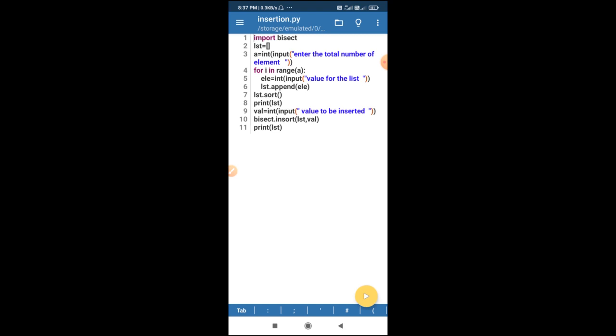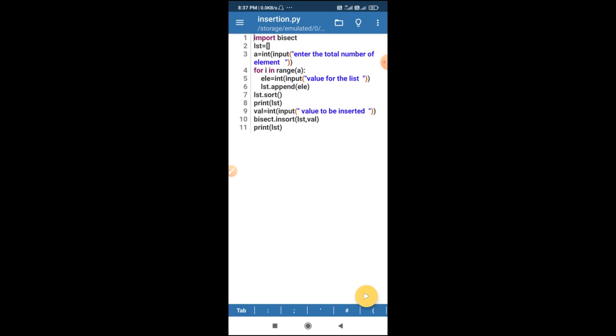Then there is a for loop, for i in range, with starting value 0 and step size 1, and it runs as many times as the user has entered. For every cycle of the loop, a new element will be asked from the user, and that item will be appended at the end of the list.